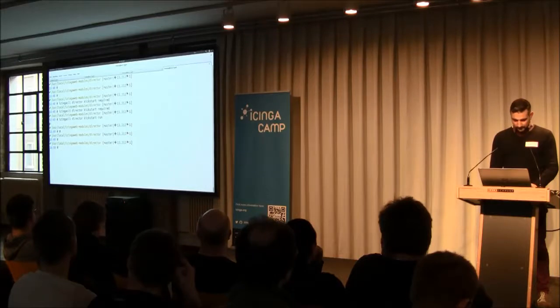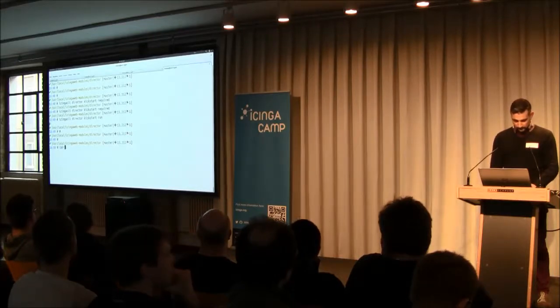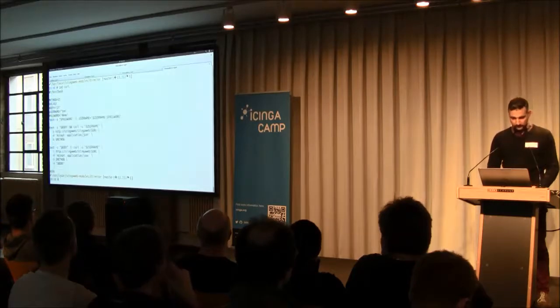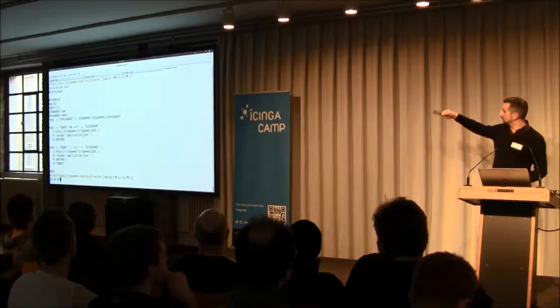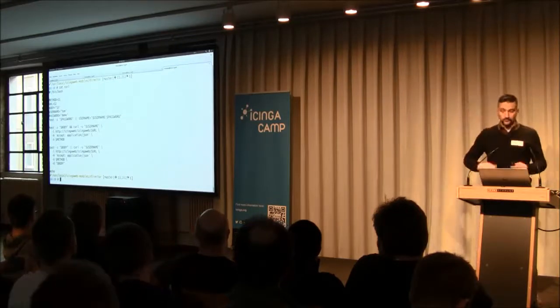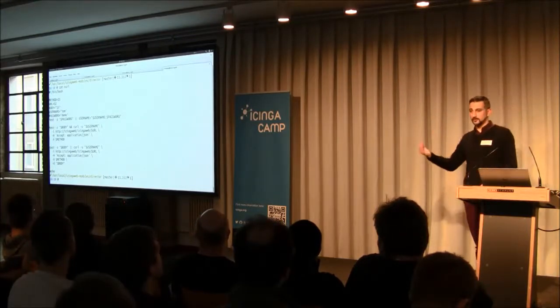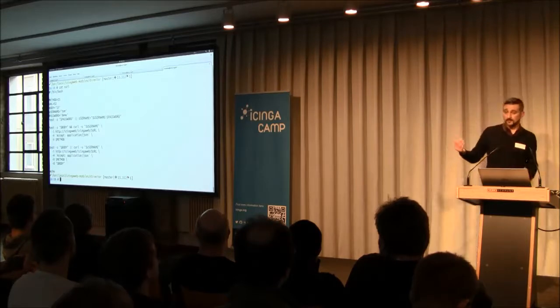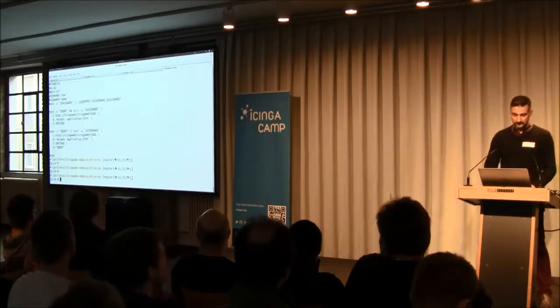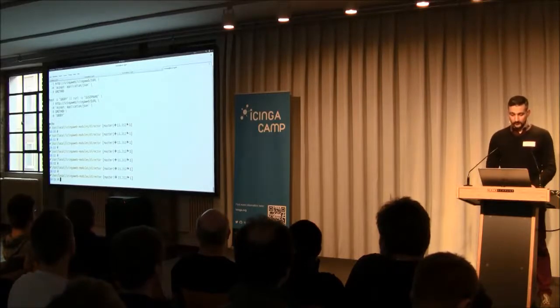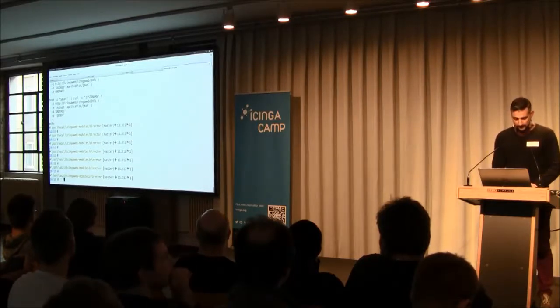I prepared a little helper. It's just a shell script. You can find this in the documentation, so you do not have to type it down right now. It's just a wrapper around curl, and it takes 3 parameters: the HTTP method, the URL, and an eventual body, and then it does a curl request with or without a body. So I can, for example, say